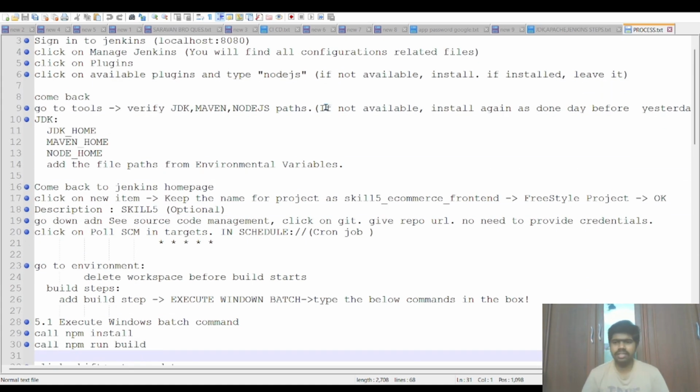Okay, so the initial thing we do is sign in to Jenkins. This is the notes that I have prepared. As I have already discussed in the previous video regarding pushing files into GitHub, I have already pushed a file, so the file already exists in GitHub. Now what I have to do is integrate Jenkins with the GitHub file, so that whatever changes I make in the file will be directly